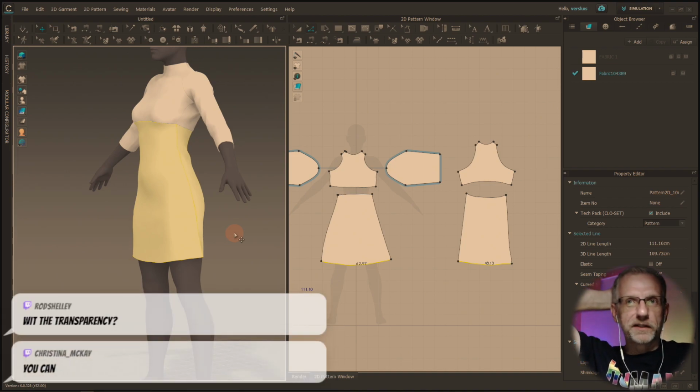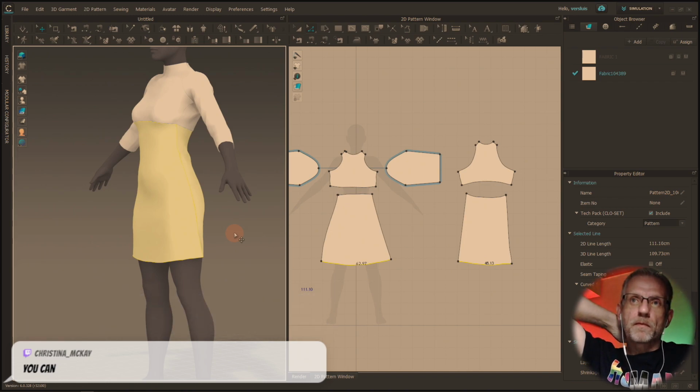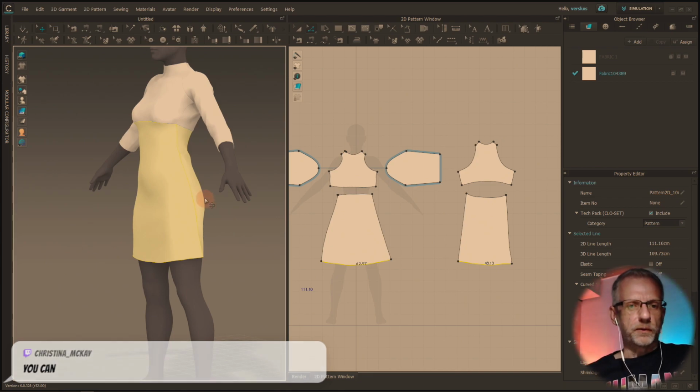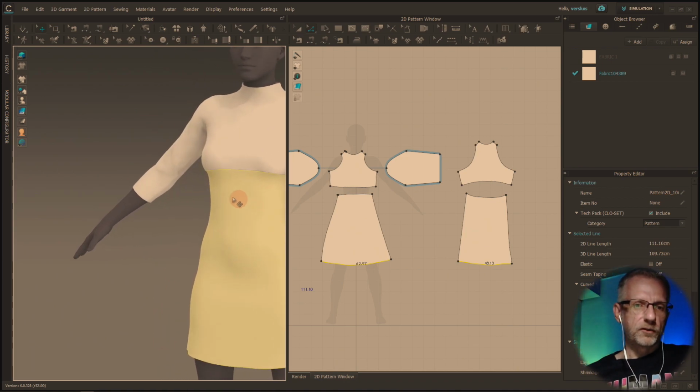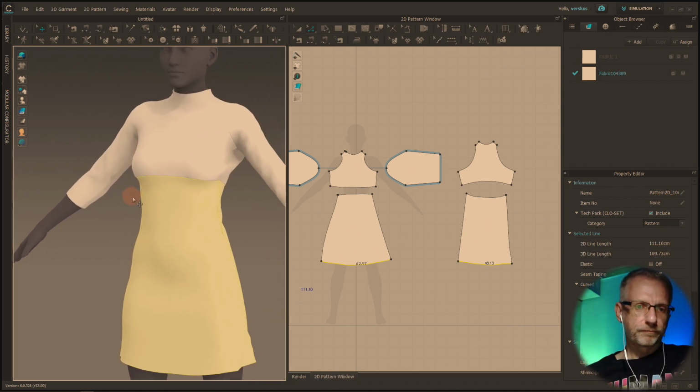Here's a challenge for me. Okay. A lace panel around her midriff with transparency. Yeah, I think so too. Yeah. Like you mean here? Oop. I think